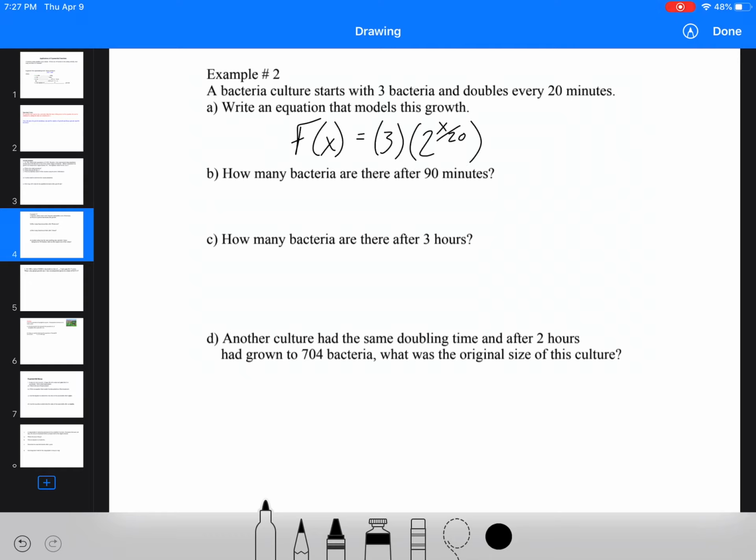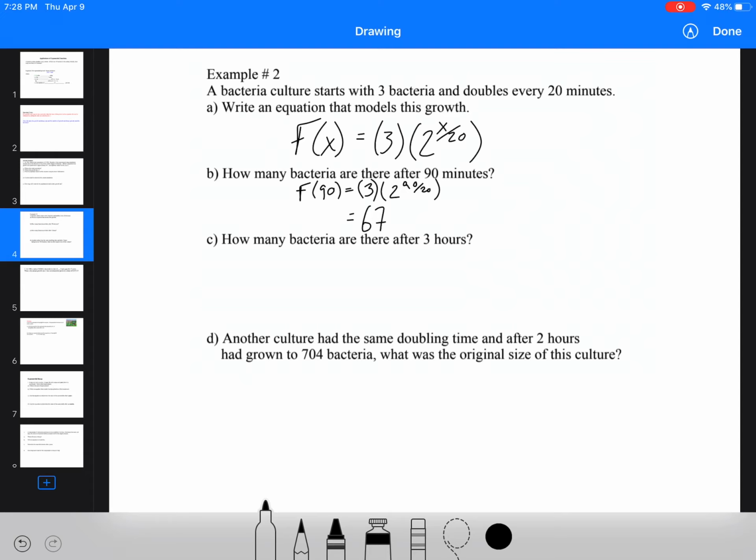So what we do is we do x over 20, because then after 20 minutes, we'd put in x as minutes, and then 20 over 20 would be 1 doubling period. All right, so here we've got f of 90 equals 3 times, and I like to put brackets in here just so that I don't mess up my exponents. We need to do our exponent first and then multiply it through. So we're going to do 2 to the 4.5, or 2 to the 90 over 20, so 2 to the 4.5 times 3. So we're going to get